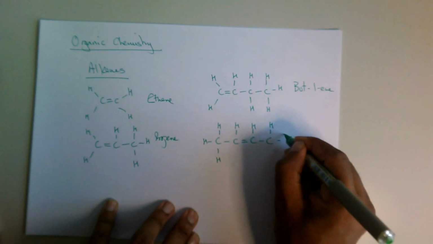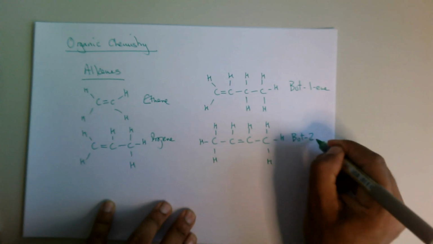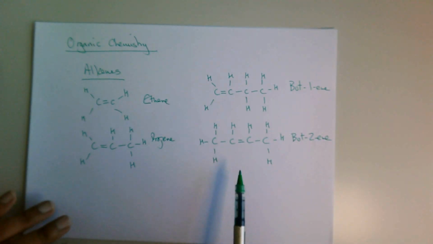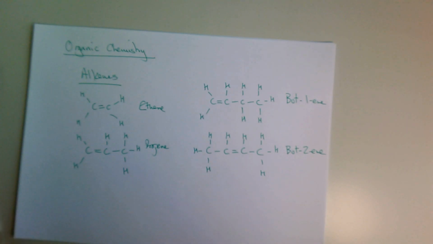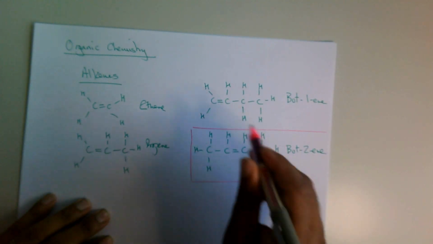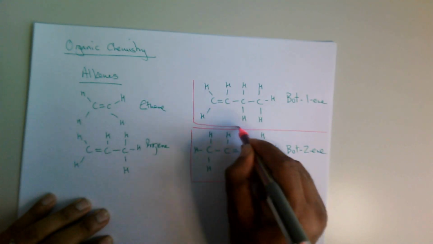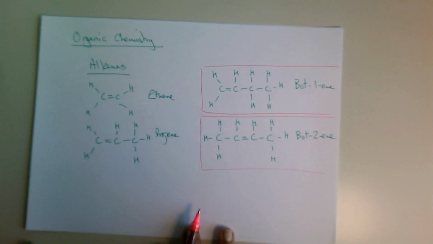So that's called but-2-ene. So these are very, very similar compounds, but slightly different. So we call these isomers. You won't need to know this until A levels, but sometimes if they think about extended questions, that's what they might ask for. Also, with the same theme of organic chemistry,